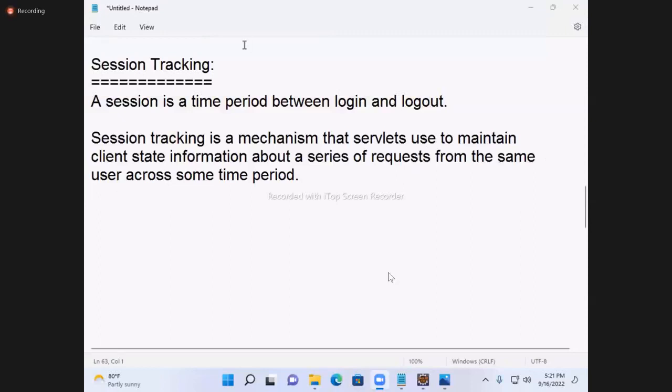A session is a time period between login and logout. Per minute, crores of people are accessing, and for every user, a session will be maintained. It is not like the 1 terabyte or 2 terabyte you are using. Facebook, how much data is there? WhatsApp, how much data is there? In your home PC, whatever you are uploading,